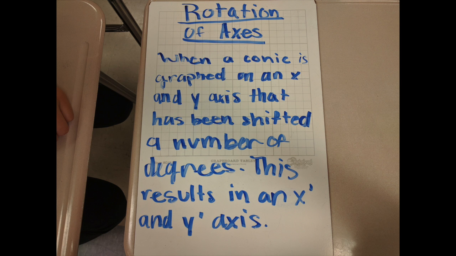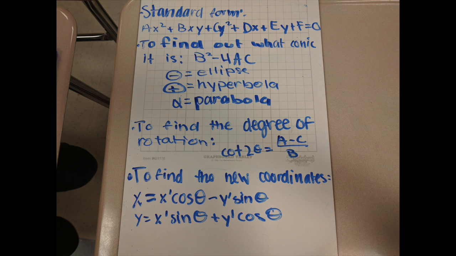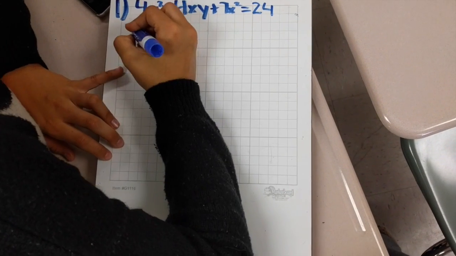A rotation of axes is when a conic is graphed on an x and y axis that has been shifted a number of degrees. This results in an x prime and y prime axis. To find out whether the problem is an ellipse, a hyperbola, or a parabola, you would have to find out